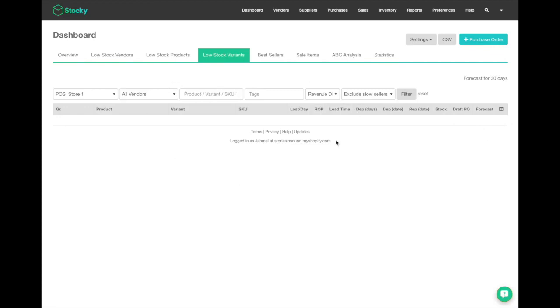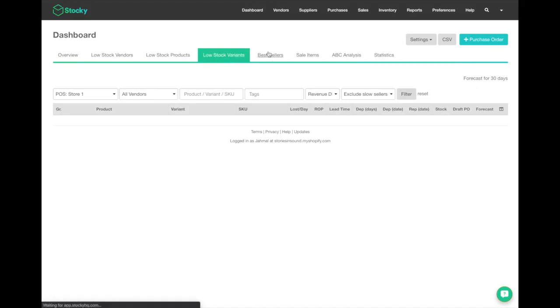So you get very granular with this and get some great information on each of the products that you need to order right here with these headers too. Of course, you can filter as you need to, not just by location, but also by vendor, by the actual products themselves, and any tags you might have associated with them. What you can see is that your forecast is currently set to 30 days, which you can set in your preferences under the forecasting tab.